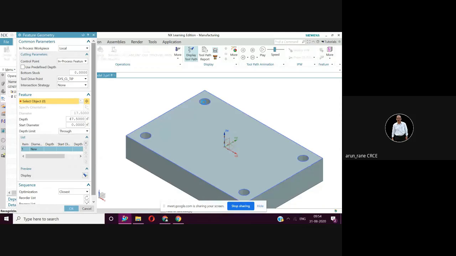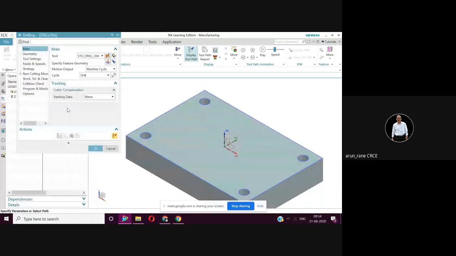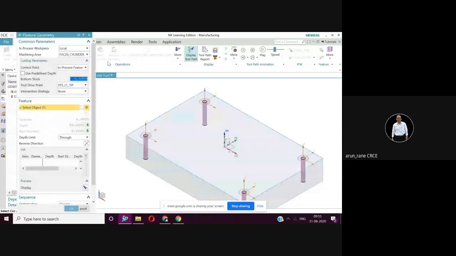Once you select the drill holes, click OK. Then from here, you have to select.